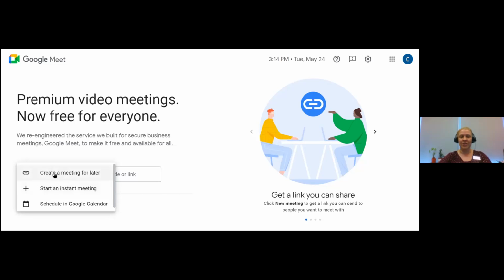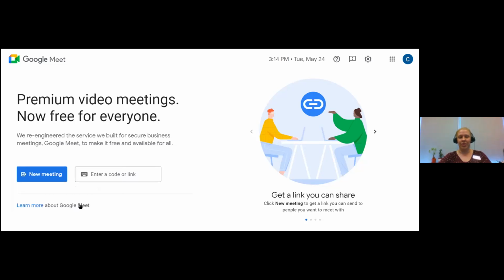But I also want you to see you can create a meeting for later, which means it will just generate a link with a meeting code that you can then send to people, or you can schedule something in Google Calendar. So if I pick schedule in Google Calendar, it takes me to my calendar and then lets me put in the title of whatever the meeting is. So again, if we were doing the quarterly review,